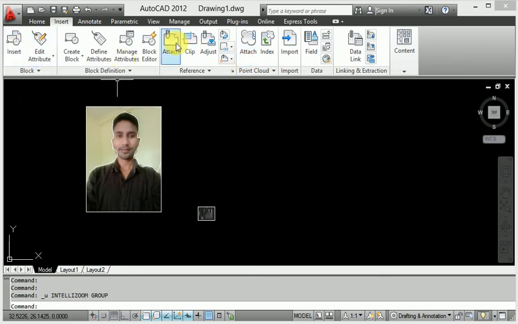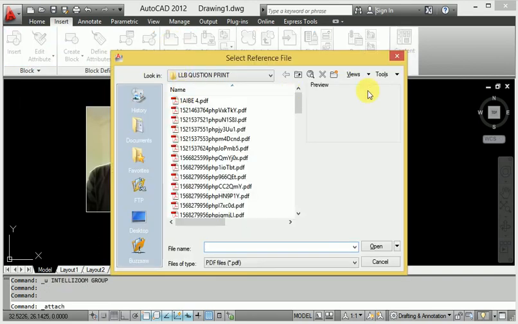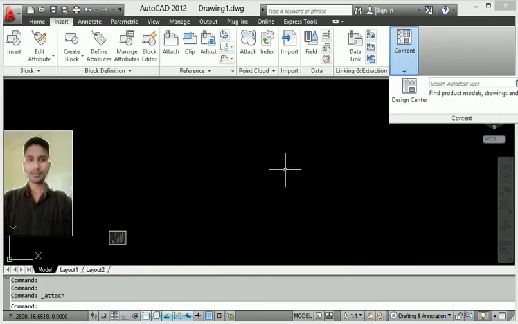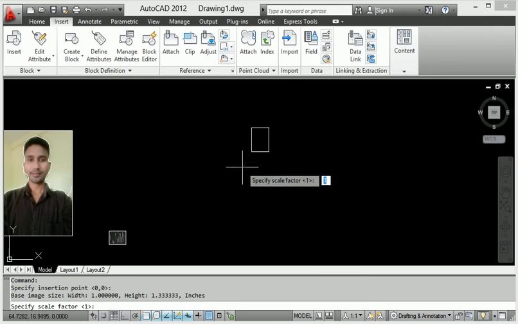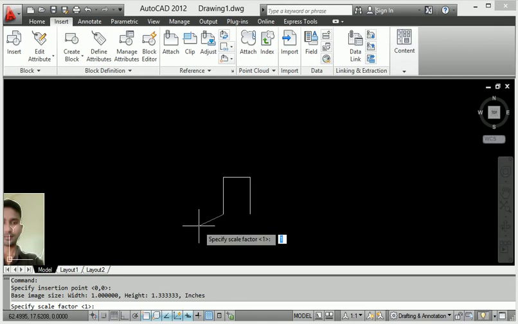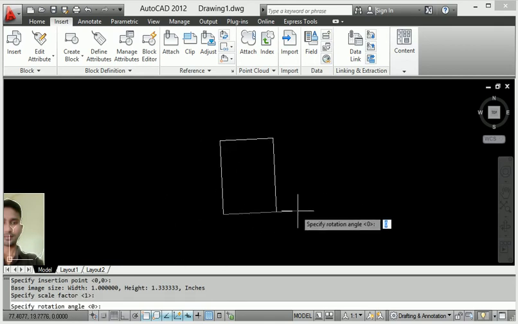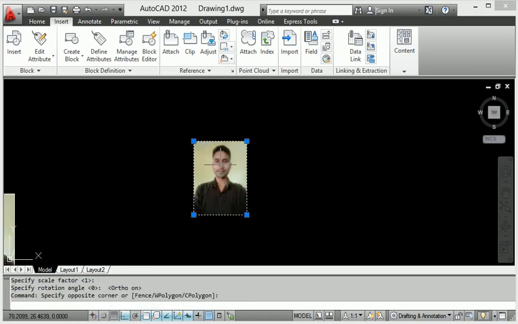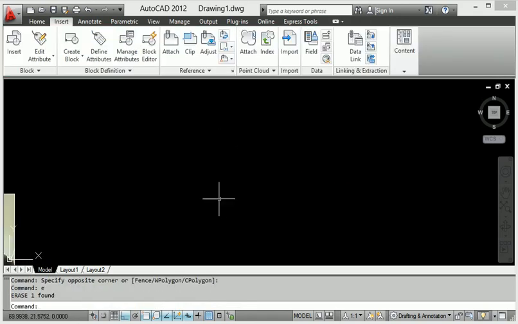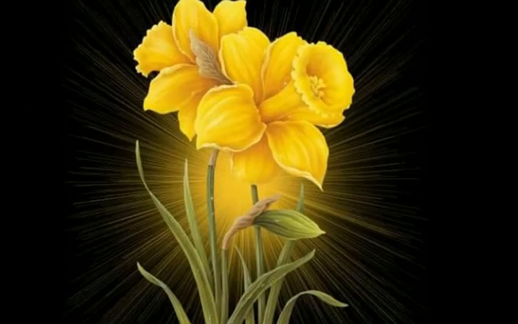When I again insert, attach for an image, in another way I go to direct copy and paste. When I copy and directly press Control V, look at this, whatever I copy here is directly inserted and projected from here. So there are two types of insert process in AutoCAD, right? How to do that, again I will show you. First of all, you copy. Look, I will show you.